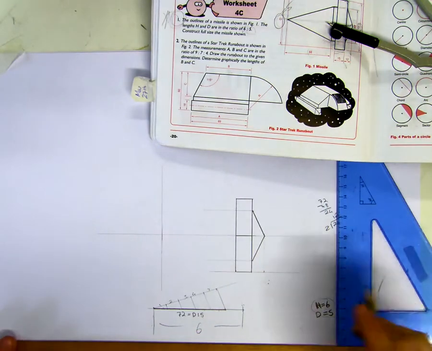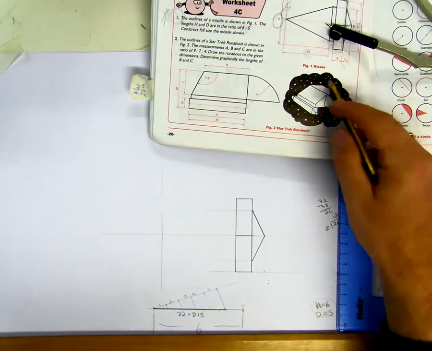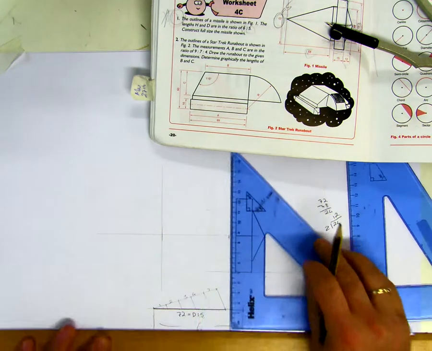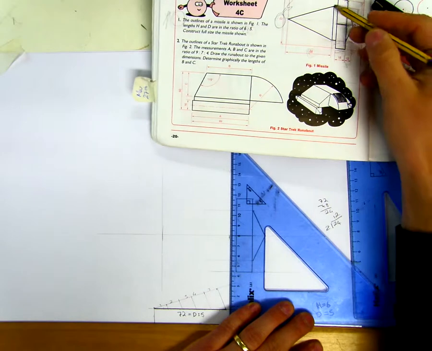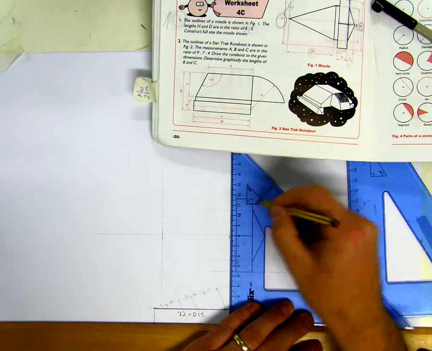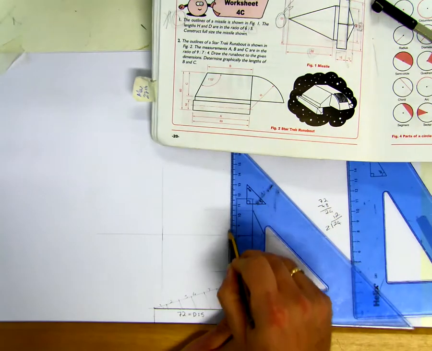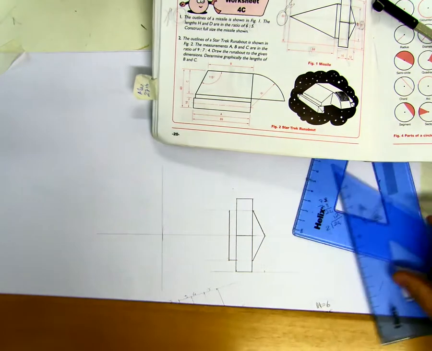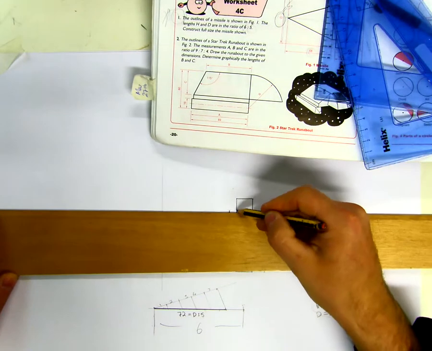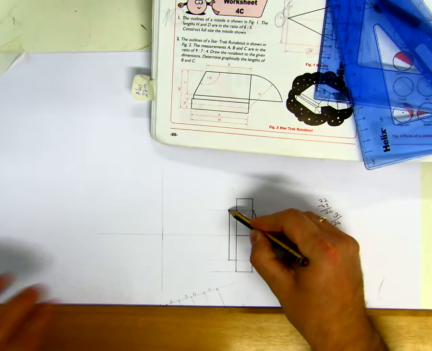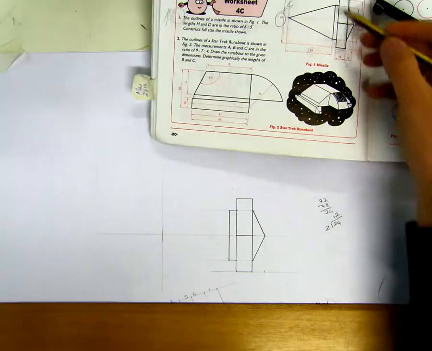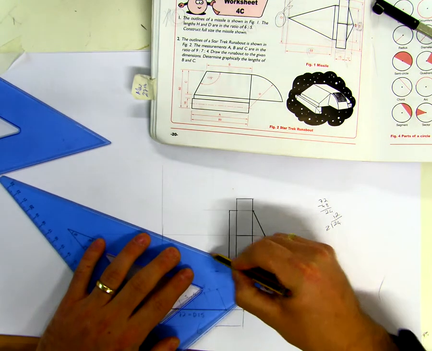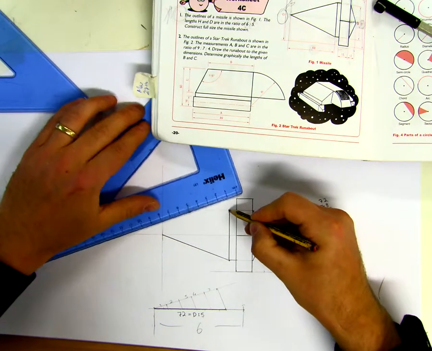Fine. No problem. And we can see in our drawing we have to measure back 68. So we measure back 68, mark it, and then all we need to do is, you can see here, we have a rectangle here, and these corners align with the back corners. Join it up there. And we heavy it in here. We heavy it in here as well. And from that point, see that point there and that point there? They're joined back to this corner. We're going to join it straight back to that corner. And then that is the solution solved